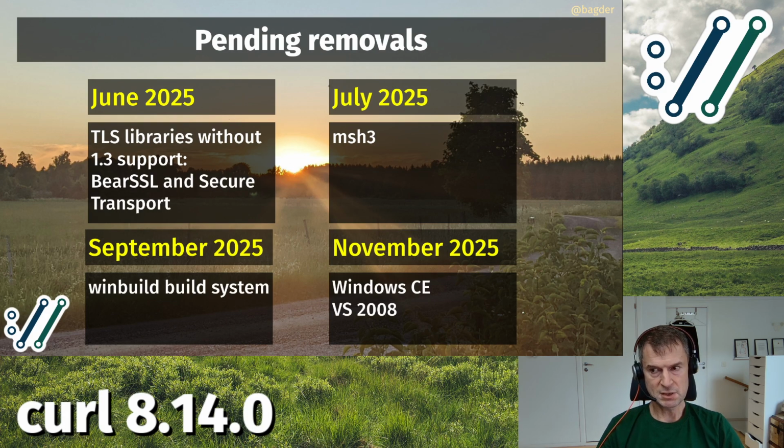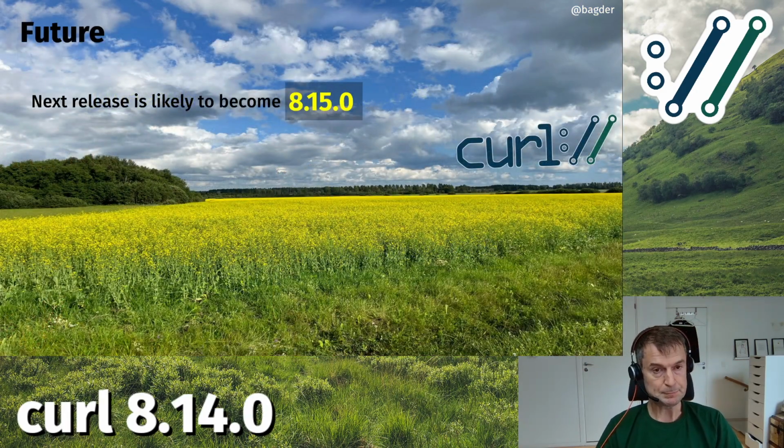Because of stuff that makes things complicated. It's harder for us to write code to keep support for Windows CE because Windows in general is a weird OS to support, but Windows CE is next level weird. So it makes our lives slightly easier when we remove support for those.